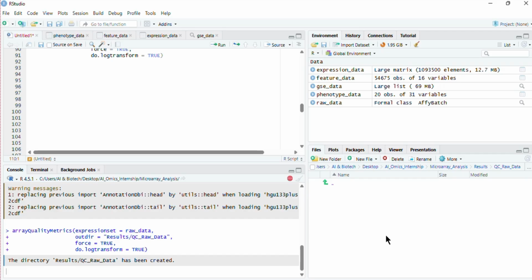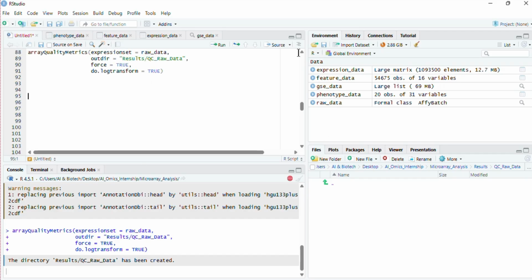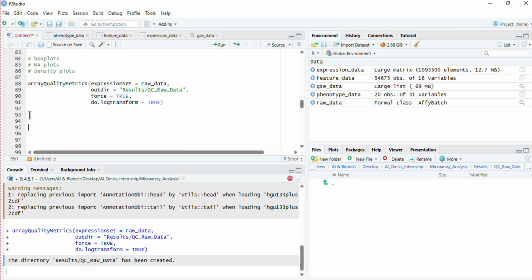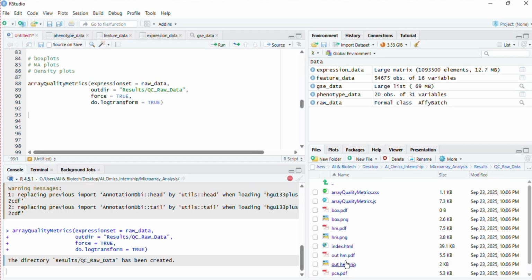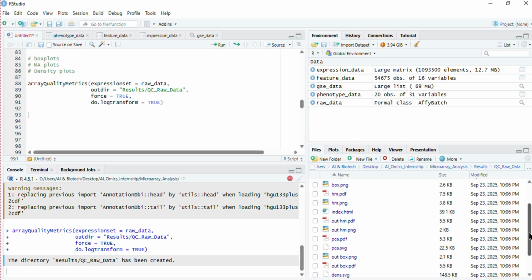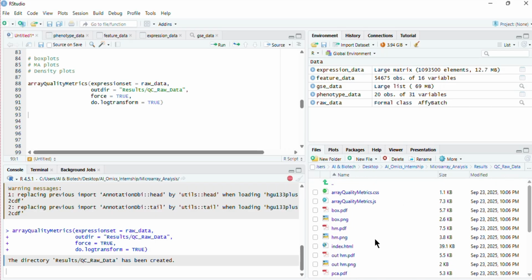So now R will generate HTML reports and the plots in this QC raw data folder. You can see it created some files here. Here you can see it generated this index.html file. This is the QC report, along with these separate PDF and PNG format plots. You can use these plots. This is useful if you want to include the QC plot in your report or presentation, or just to save them